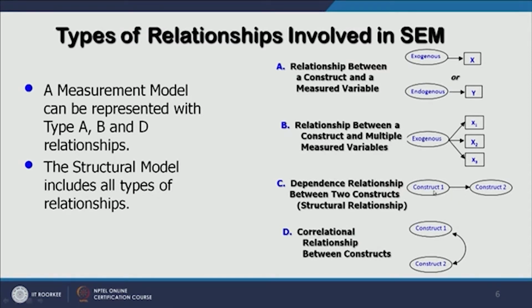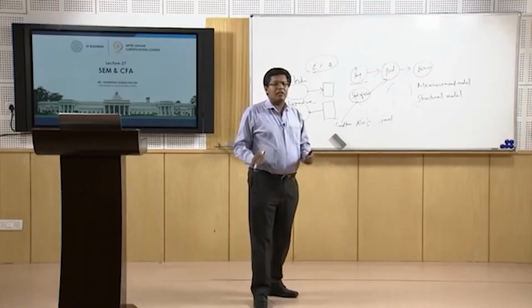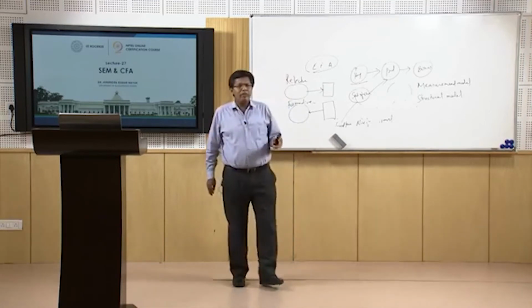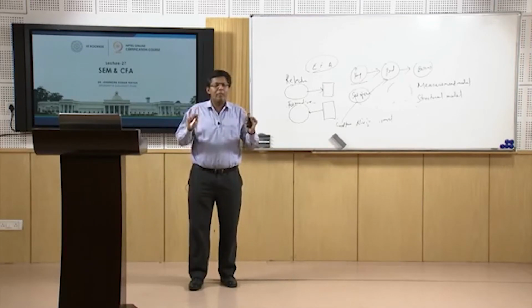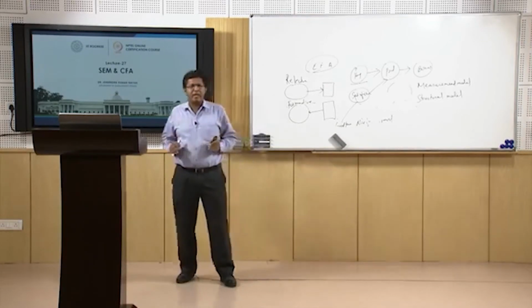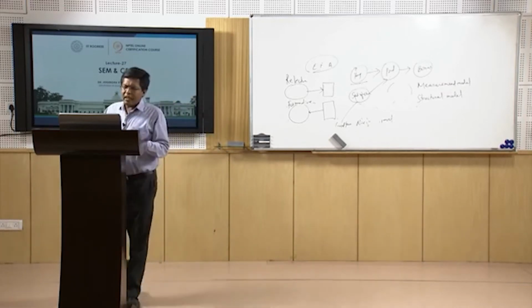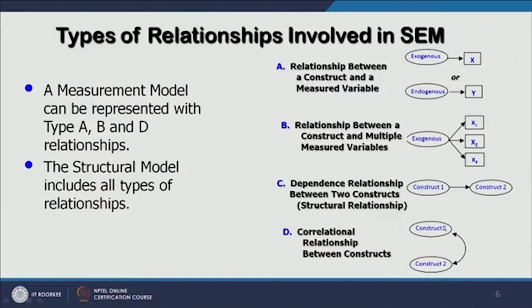Now we are saying construct 1 is affecting construct 2, right. Okay. The fourth case is a covariance relationship. Now this is a correlation, not unidirectional, you can see, and this is a covariance structure. Now we say SEM is a covariance structure. Basically the model which we build in SEM applies a covariance structure or a covariance matrix, right. So here what is happening is both the constructs are affecting each other, right.